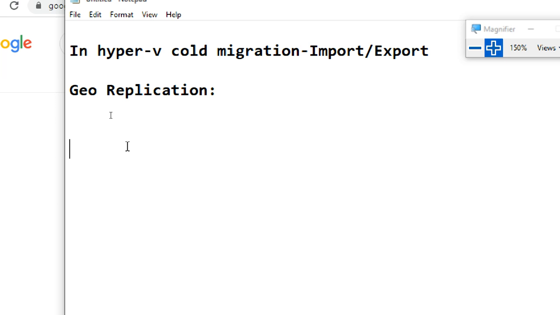So that is geo replication: keep the data in different geographical areas. Put some data in a China data center, put some data in a US data center. Azure and AWS became more famous than others because they have a lot of geographical places with data centers, so they keep the data in different geographical areas and data loss is very low. Hyper-V directly supports geo replication if you configure it and have any remote place. So that is geographical replication.